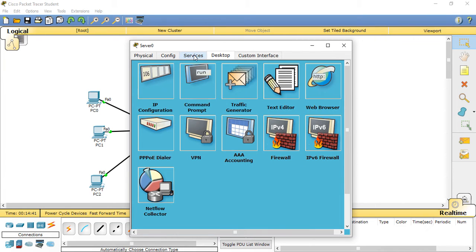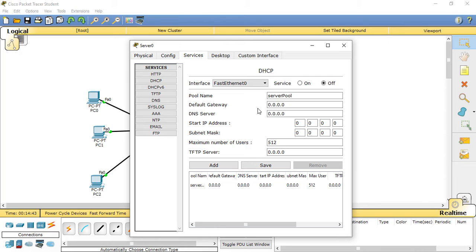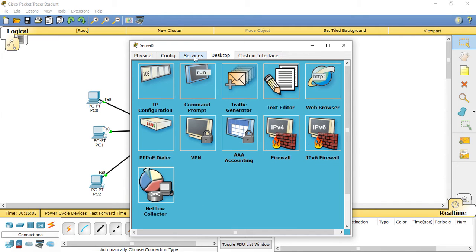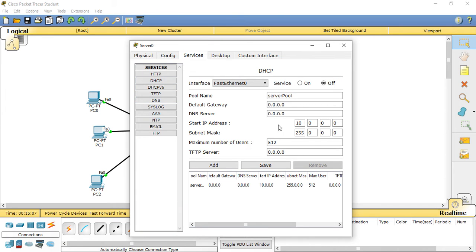So first of all, I'm just activating DHCP so it can assign IP addresses to everyone. But before going into that, let's assign a static IP address to this server. Let's say it's this, and I don't need a default gateway, but I will shortly be giving it a DNS server, right? So DHCP, and its